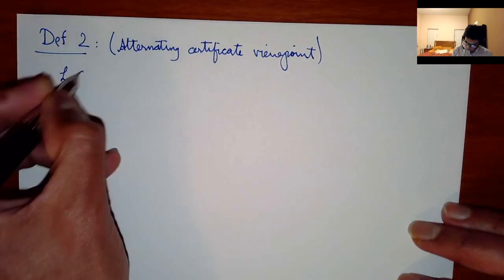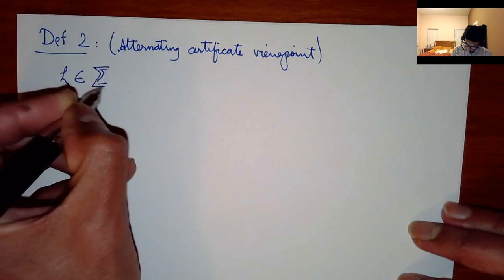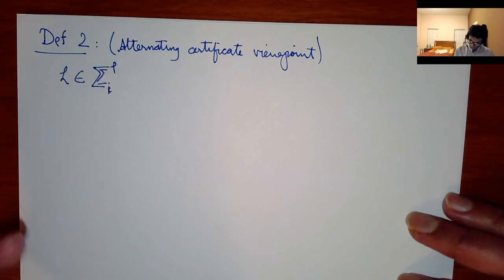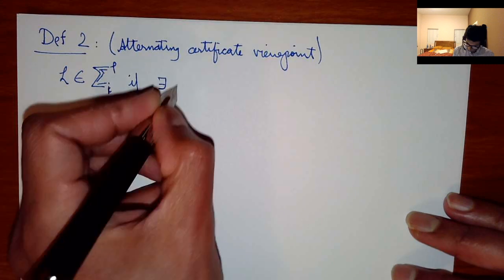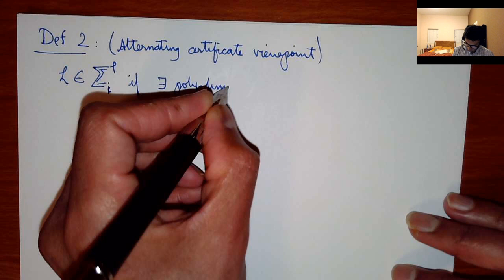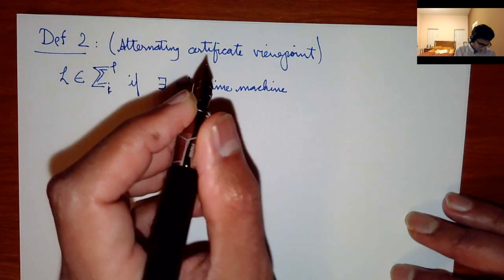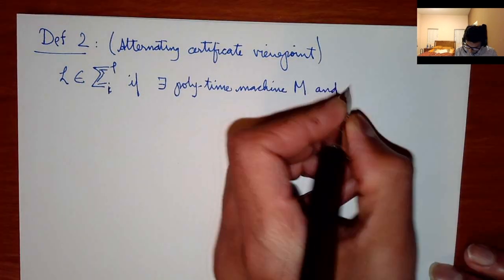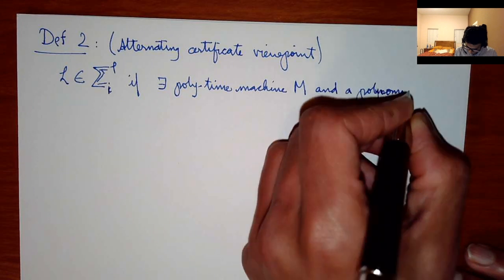So I'll say L is in sigma I of P if there exists a polytime machine M and a polynomial Q